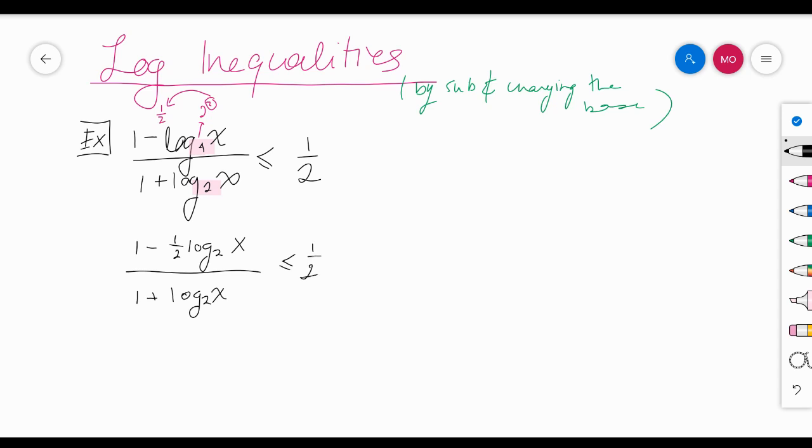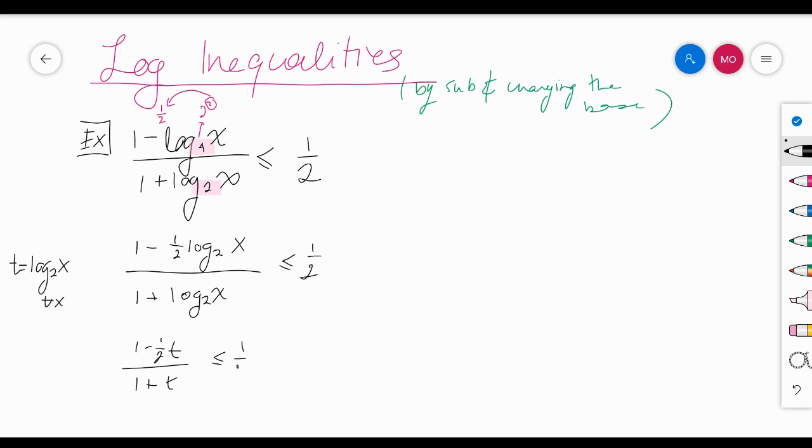All right, so now that we're here, this is where the substitution is going to come in and be helpful, because as it is right now, it still kind of looks sad. So let us define t to be log base 2 of x. Remember, whenever you're substituting for a log, this can be any value. So at the end, if we get negative t's and such, it's going to be all right. So what we get here is (1 minus 1/2 t) divided by (1 plus t)